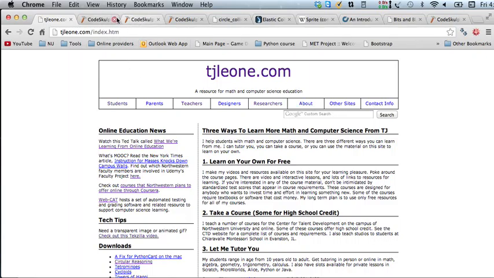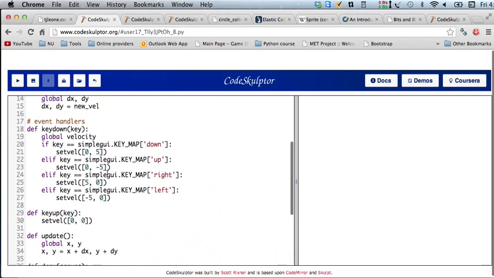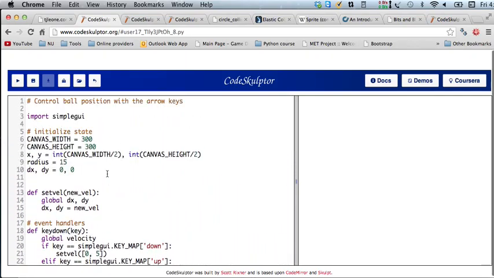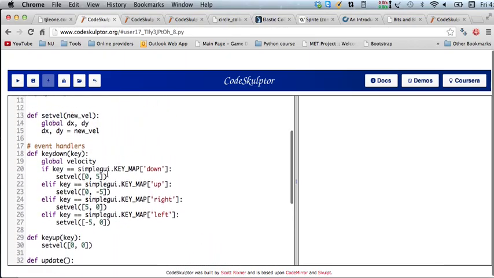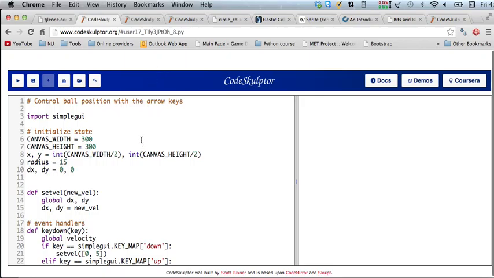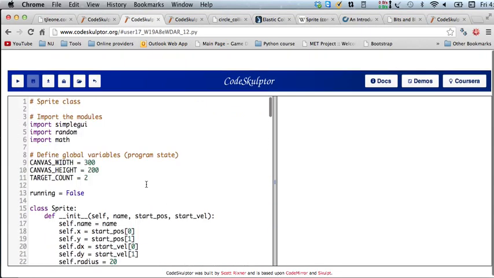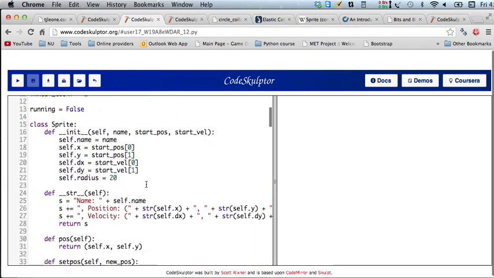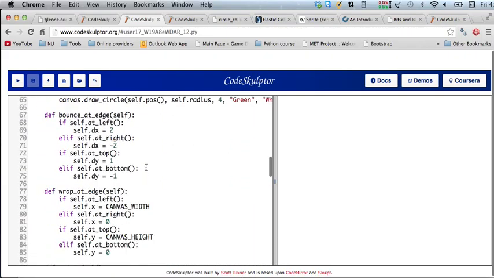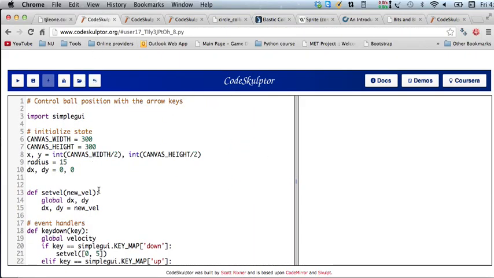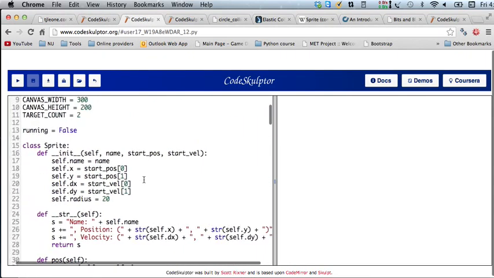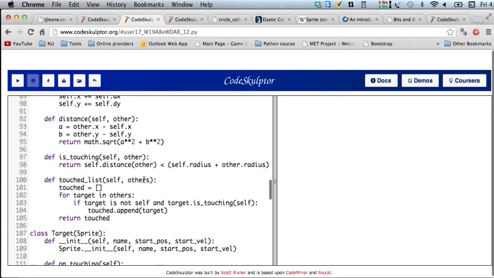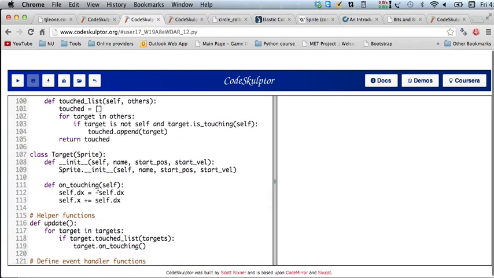Alright, so in the last video we did some refactoring of the program that lets us control the ball with the keyboard. And the one before that we did some refactoring of this class here. So now we should be able to combine what's going on in this one and make a subclass of Sprite, another subclass of Sprite. So we have this target subclass. We're going to make another subclass of Sprite,